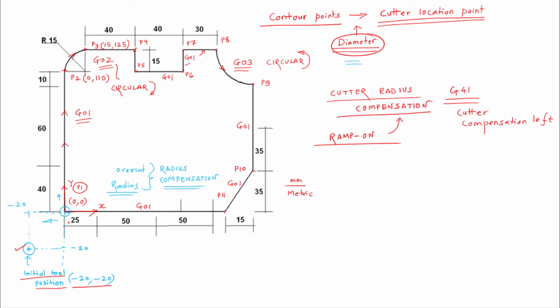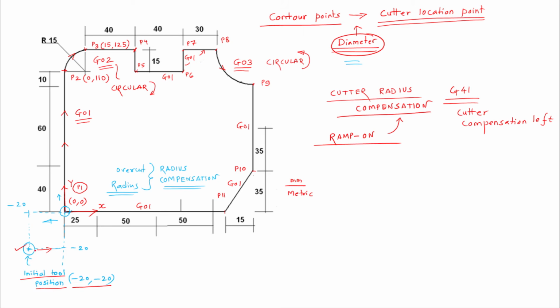Now when we are approaching the contour, we have to take the tool in such a way that its edge will be in contact with the contour. Its center point should not be on the contour. Its outside edge will be in contact with the contour. The contour will be tangent to the cutting tool. So to do that, we are approaching the initial point